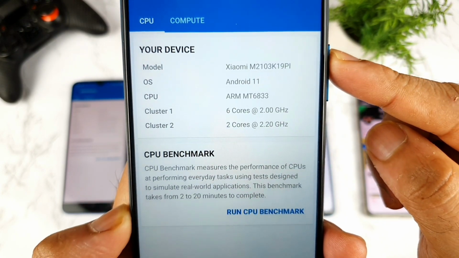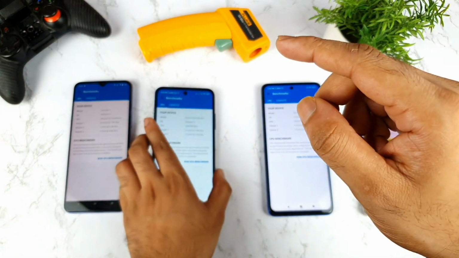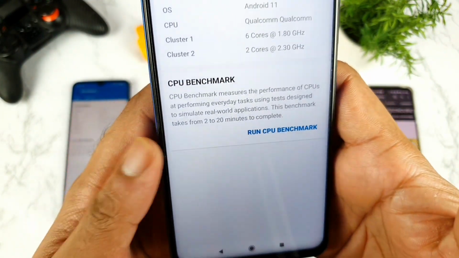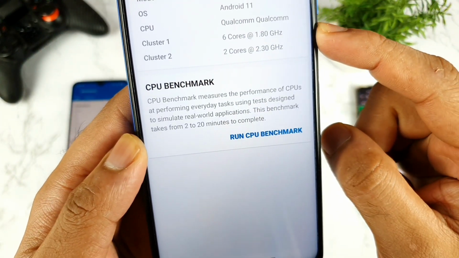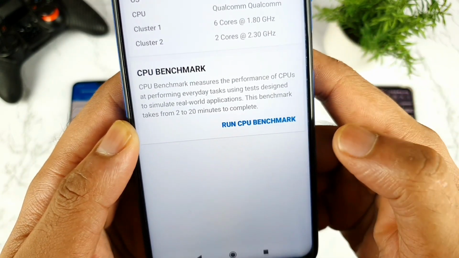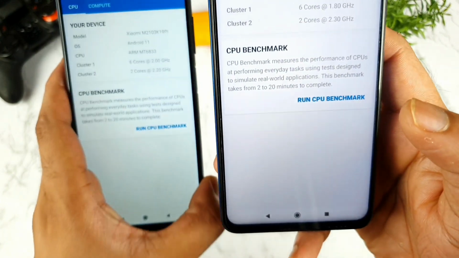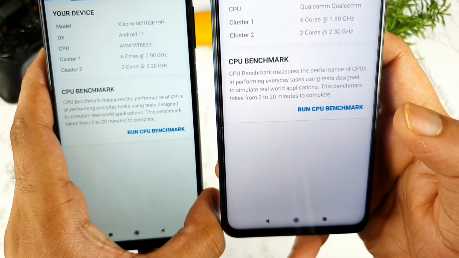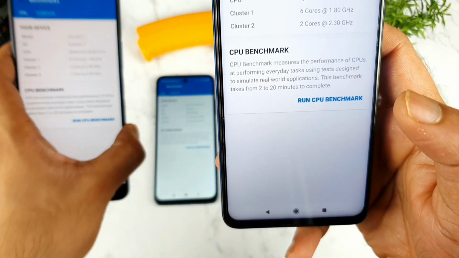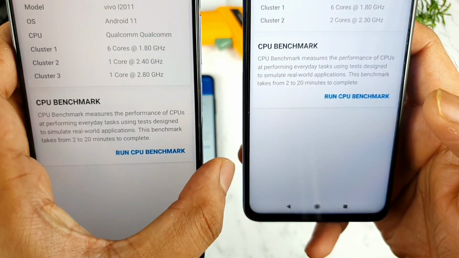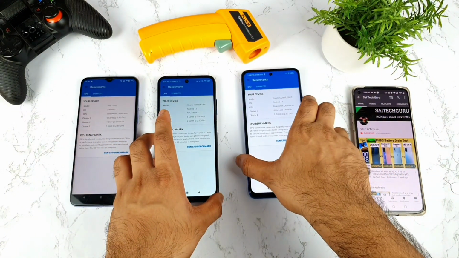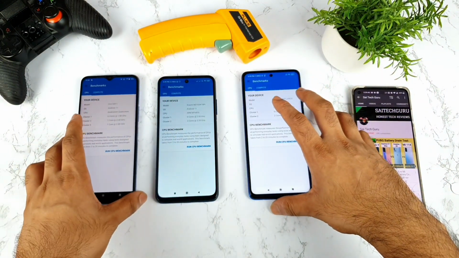As you can see, friends, the difference here with the first phone. Now let's see the Poco X3, how many cores it has. As you can see, cluster 1 has 6 cores, and cluster 2 has 2 cores at 2.3 GHz. So it's slightly higher in cluster 2 when you compare with the other smartphones. Overall this is a quick comparison between all the phones, and I did find the iQOO Z3's 2.8 GHz is the highest. But let's see how much score we can actually expect in comparison between all of these three smartphones. That is what I'm going to do right now.